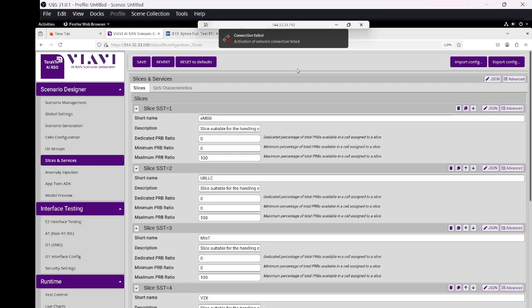This xApp is designed as a closed loop control module operating within, let's say, any real-time RIC, and it continuously monitors the network by collecting KPIs through a REST API interface with radio units in these emulators, and